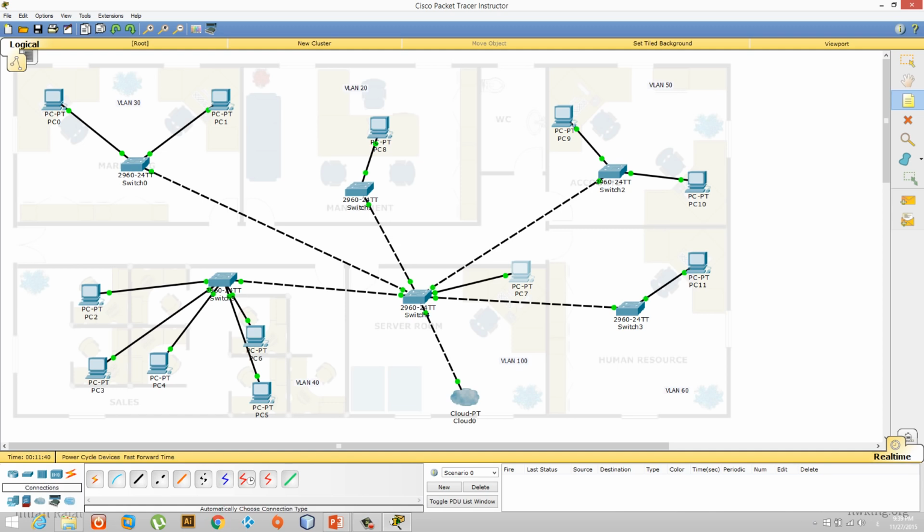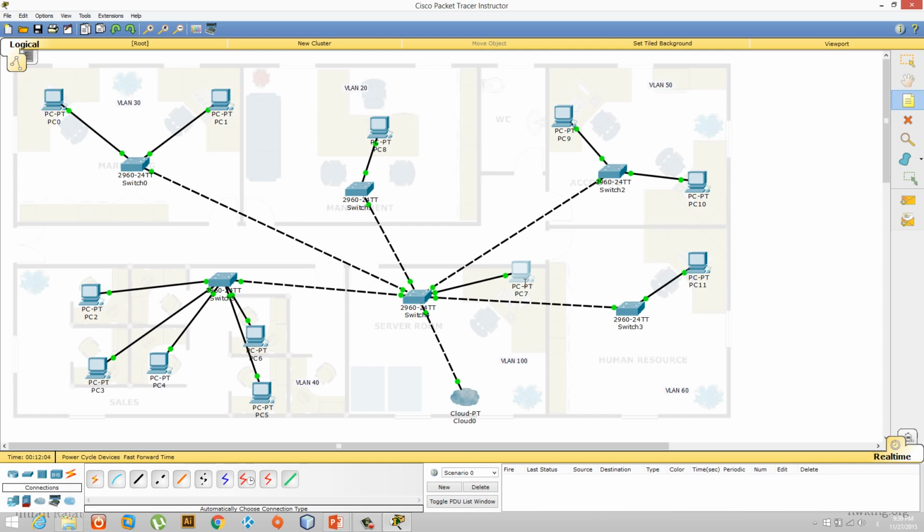So once we have all these things, VLAN 30, VLAN 20, VLAN 50, VLAN 60, VLAN 100, VLAN 40, we are all in different VLANs. It can only communicate, so this device can communicate with any of the devices in the sales department. Similarly, marketing department computers can talk because they're all in the same VLAN. Now the question is this: